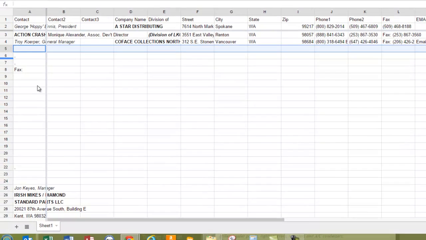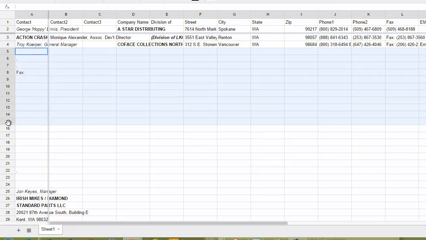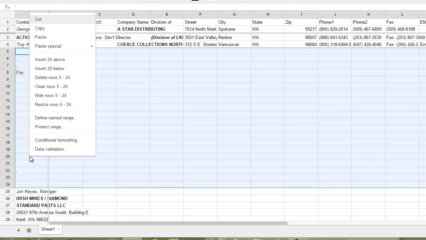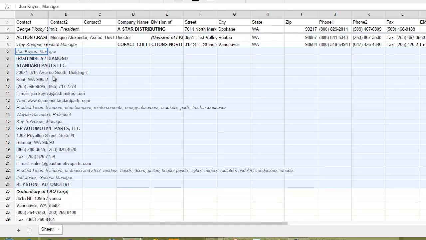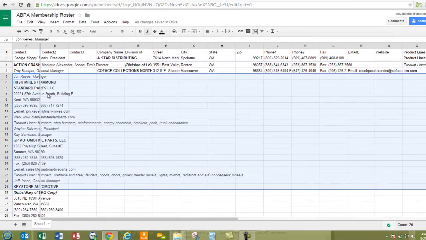I'm going to go ahead and leave this. In this case, I'm going to click right on the number 5. I'm going to drag down to here. And then I'm going to right click, and I'm going to say delete rows. That way I can move everything back up as I make the space here. So I'm going to go ahead and leave this data in here. You can go ahead and